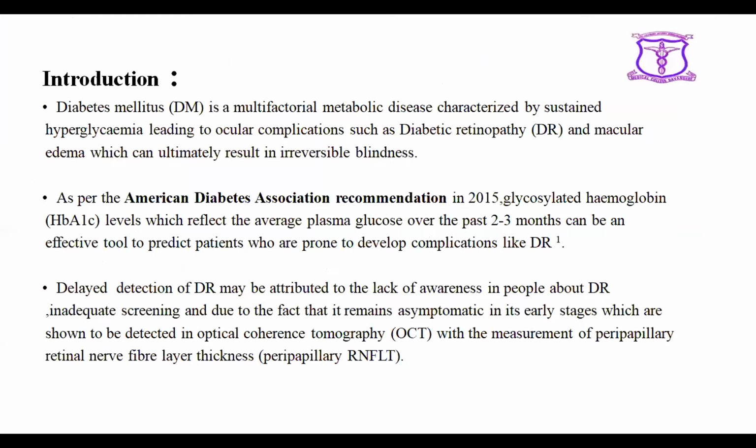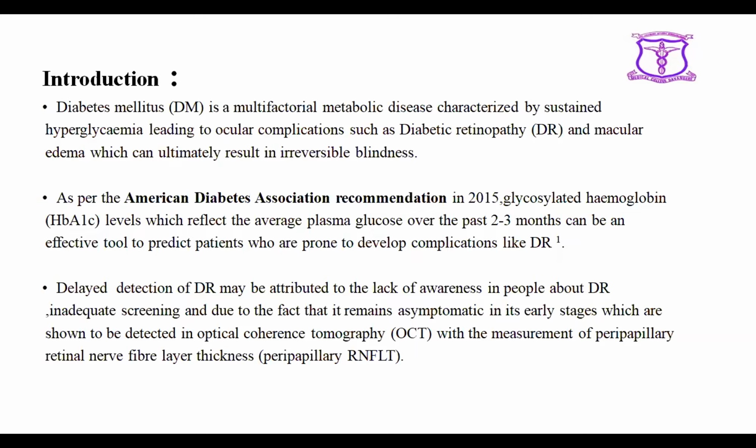Coming to introduction, diabetes mellitus is a multifactorial metabolic disease characterized by sustained hyperglycemia, leading to ocular complications such as diabetic retinopathy and macular edema, which can ultimately result in irreversible blindness. As per the American Diabetes Association recommendation in 2015, HbA1c levels, which reflect the average plasma glucose over the past 2 to 3 months, can be an effective tool to predict patients who are prone to develop complications like diabetic